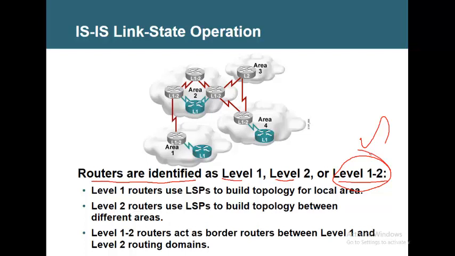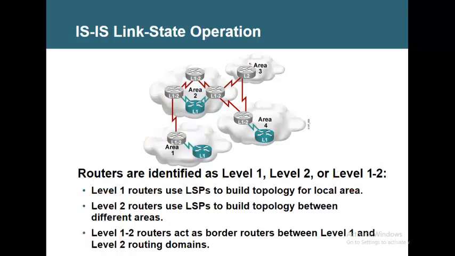By default, both L1 neighbor and L2 neighbor will be formed. When you don't say I want L1 only, I want L2 only, how many neighborships between these two? Two neighborships. Everything is two. There will be two hellos going, L1 hello, L2 hello. So there will be a separate neighborship for L1, a separate neighborship for L2, and also a separate database maintained for L1 and L2.